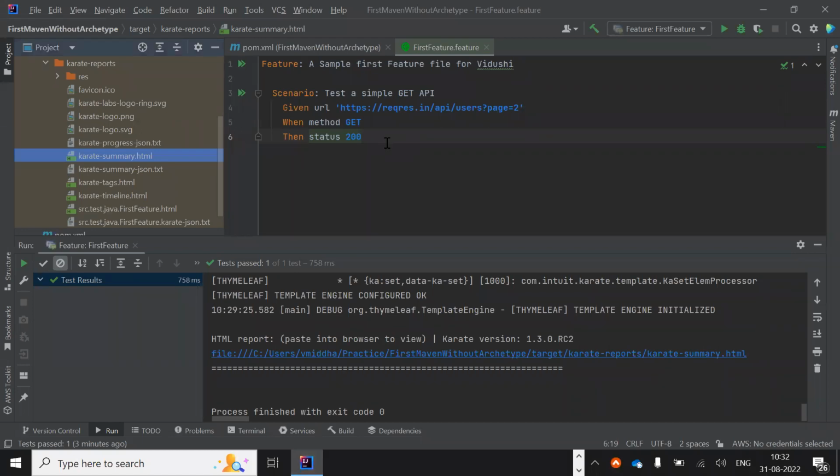You can also make it with archetype, but I do prefer without archetype, because an archetype is nothing but you are already adding the dependencies. If you want to add the dependencies manually, then you don't need an archetype. But if you do not want to add the dependencies separately, and you want the project to come already built, I do not have to bother about the dependencies, I don't have to go and search the Maven repository,